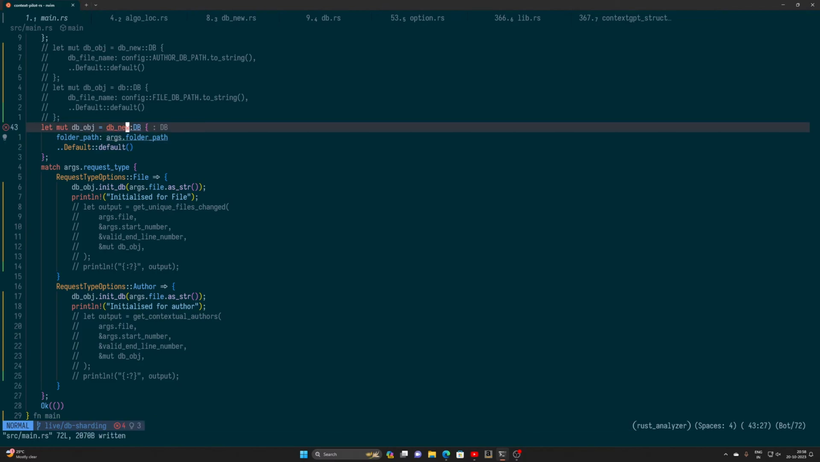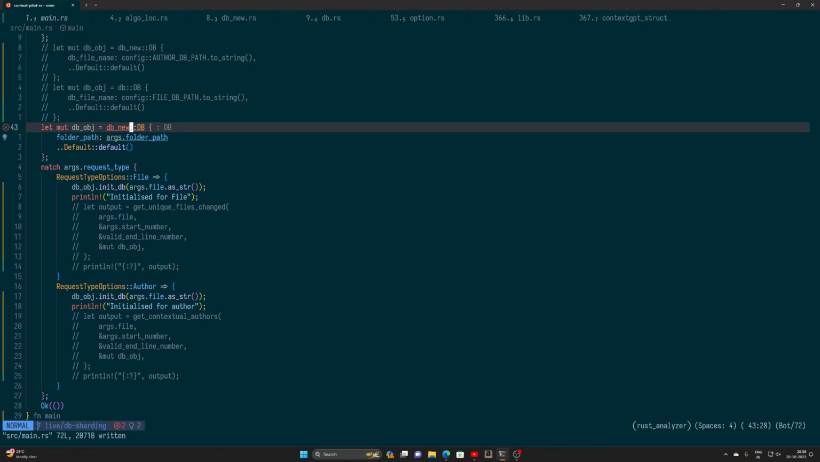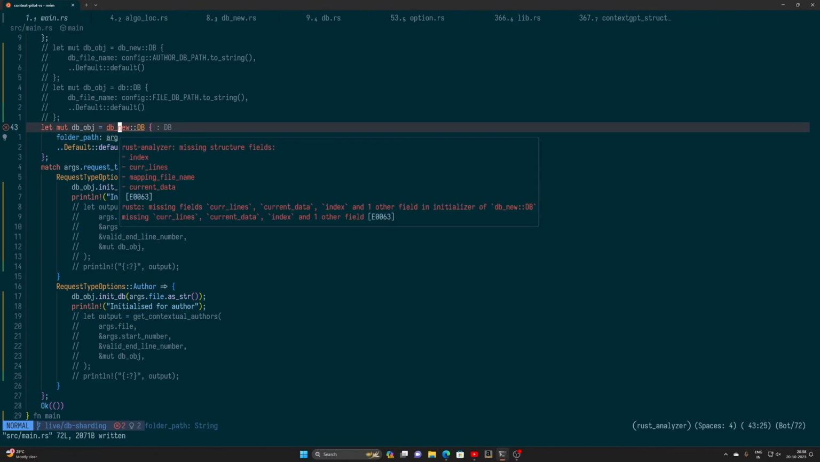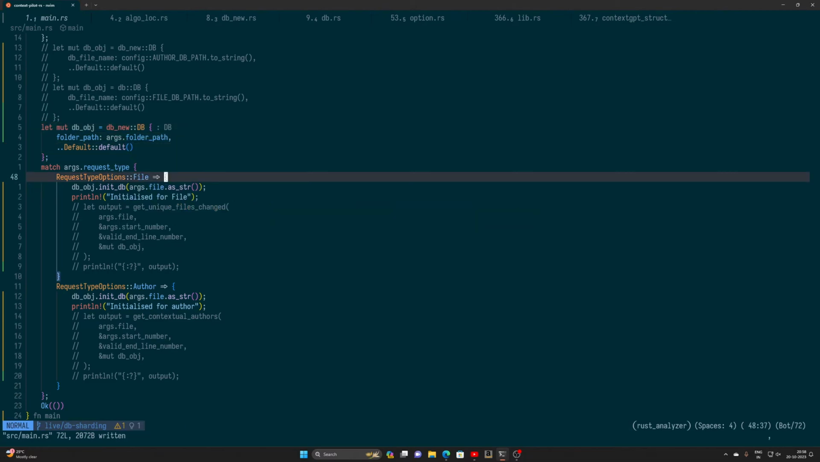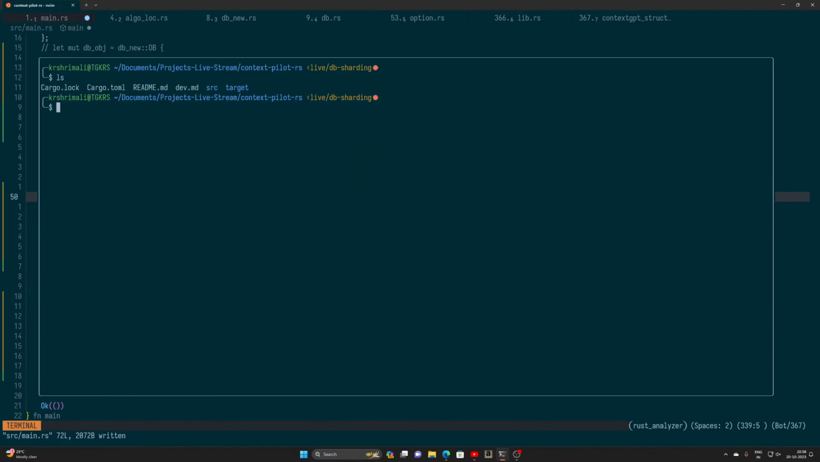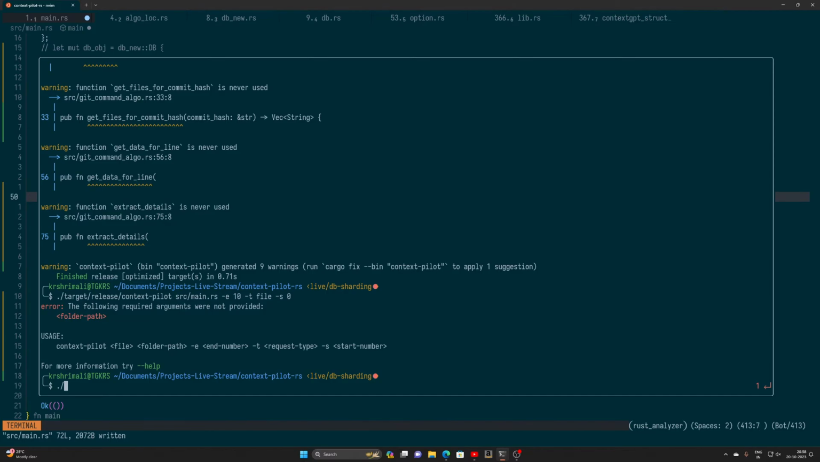Okay. db new. What's wrong? Missing struct fields. Yeah, but I'm passing everything. Okay. Sorry. Okay, this is done, right? So now what I want, let's see. So if I do this, right, it's gonna say that you're missing folder path, which is good enough. Now what I want is I want to see,